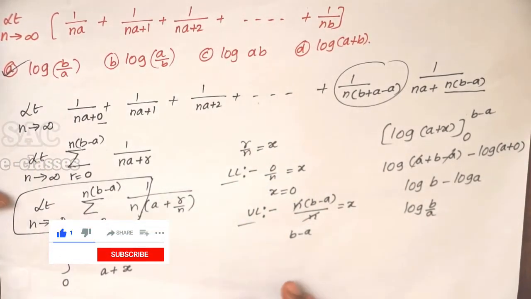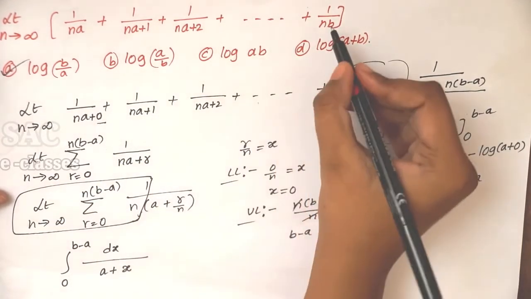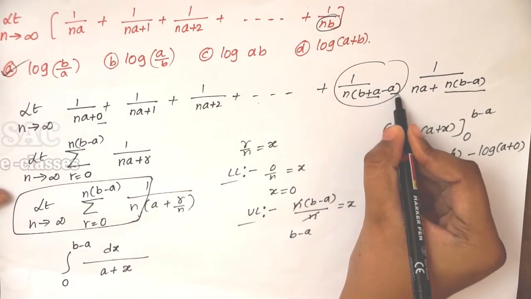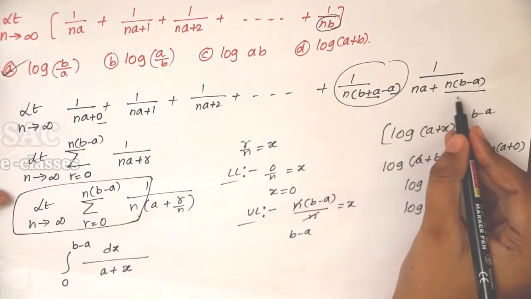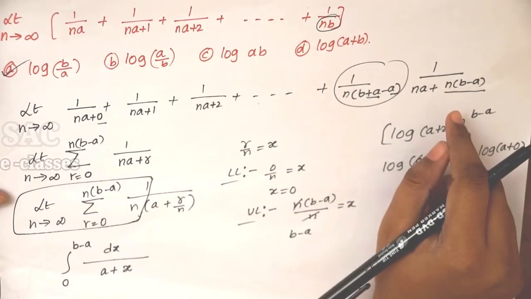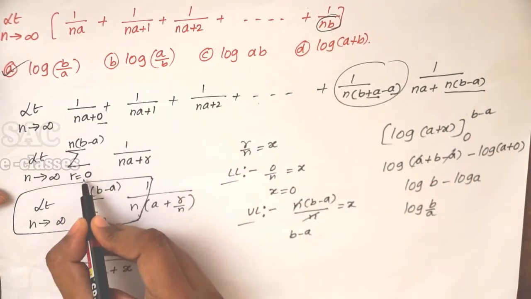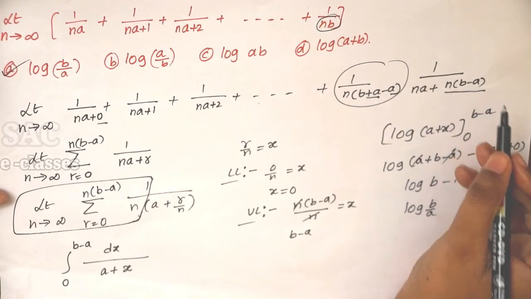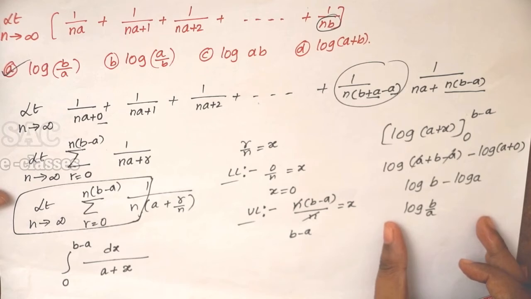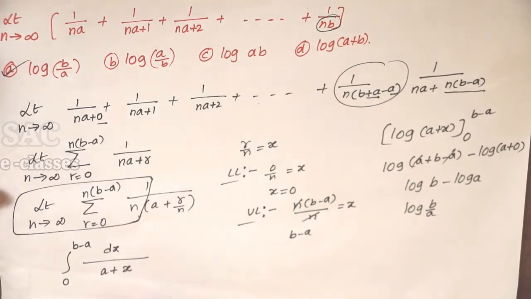See here, it's a very simple problem. You already understood what is changing, but there is some other way. To get the b, what I have done, I added a and subtracted the a. Later I converted into na plus 0, na plus 1, na plus 2, in the same way, na plus n into b minus a. Now r varies from 0 to n into b minus a. Now we converted in terms of integration. We applied the limit. Then I got log of b by a as the required limit sum. Let us move to the next problem.